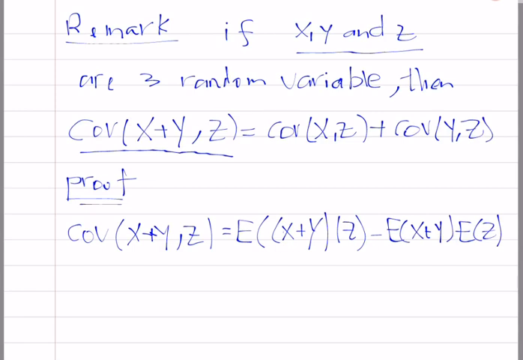So we have two terms here, x plus y and z, and we need to multiply them together. So that gives me the expectation of, x times z is xz, and y times z is yz, so expectation of xz plus yz